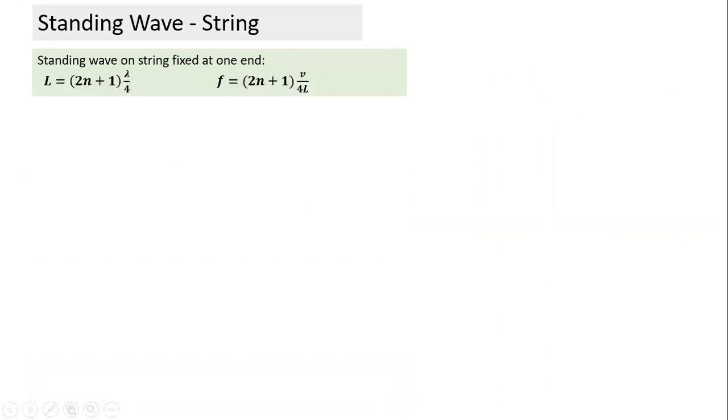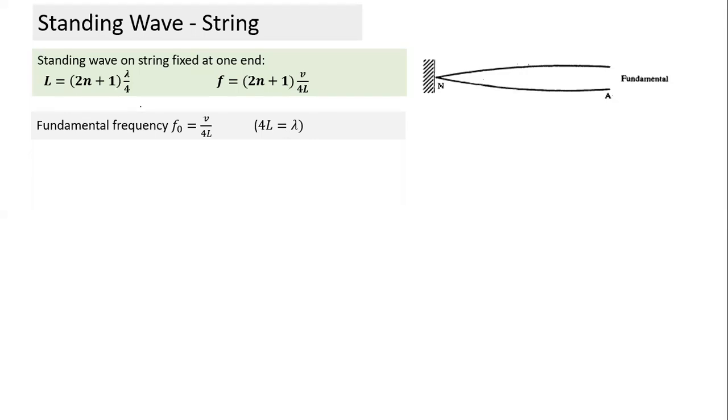Okay, so this is the standing wave equation on a string fixed at one end and free at the other end. So what is the fundamental frequency? Fundamental frequency is the lowest possible frequency, when the whole term is equal to 1, which is equal to V by 4L, and wavelength is equal to 4 times L. This is the shape of how it will oscillate if this end is free. You can think of this end being free, or you can connect it to an oscillator like this. What is the next higher frequency, which is called the first overtone?